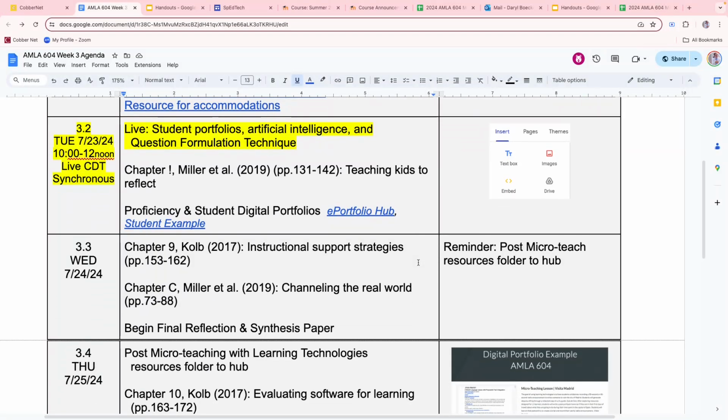Day 3.2 on the 23rd, tomorrow, we will meet. Tomorrow, meaning Tuesday, 7/23, because I'm recording this on Monday. We're going to do something called the question formulation technique. It was something that we have worked on in the Innovation Center at Blaine High School. And it's a really student-centered